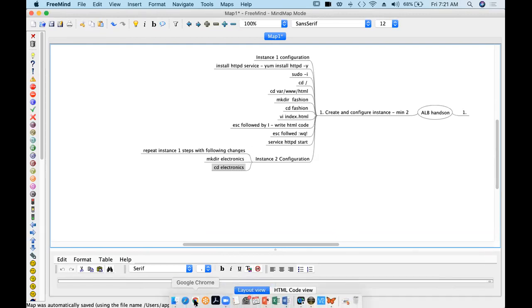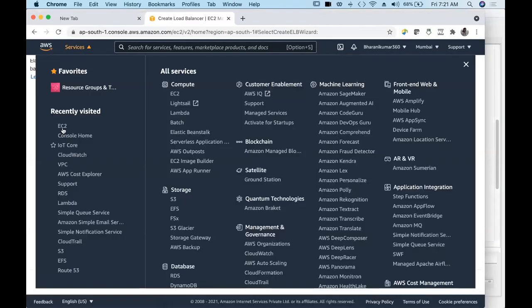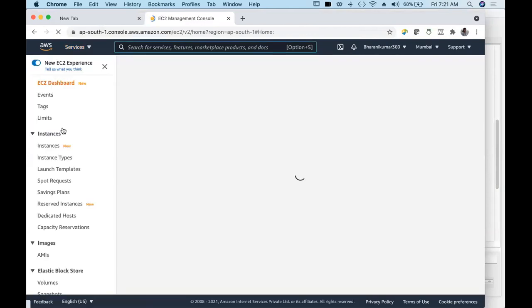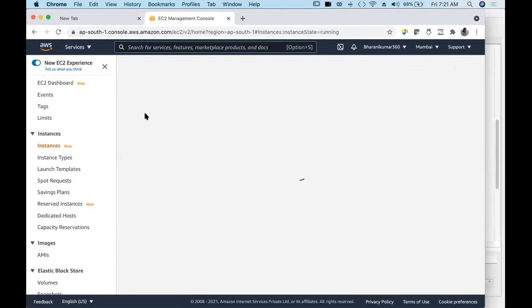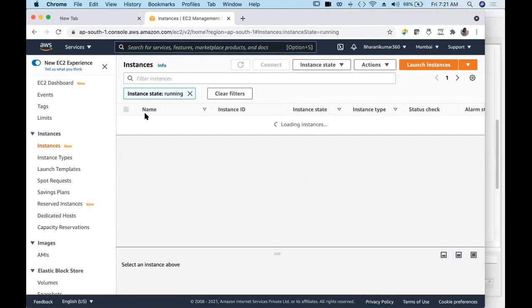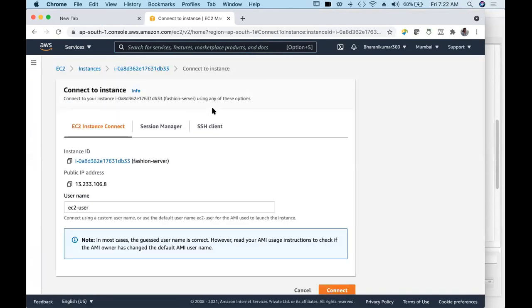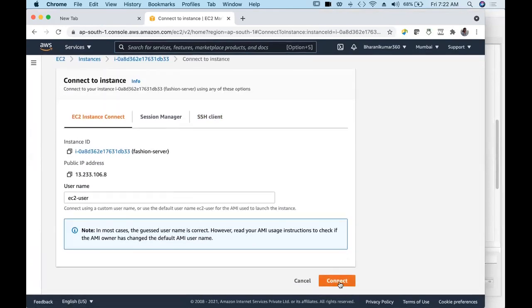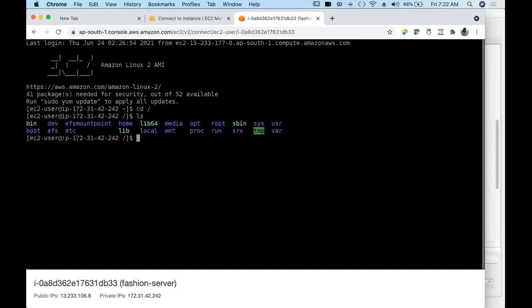Let me go to the AWS console, my instances, EC2. Let us connect to this instance. So let me go to the parent directory, ls, and we know where it is, right?